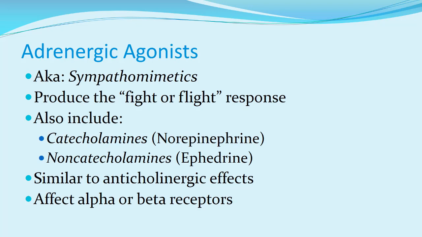This class of medications would include catecholamines like norepinephrine, and non-catecholamines, like ephedrine. Norepinephrine and ephedrine tend to be the least selective of adrenergic agonists, and they activate both alpha and beta receptors. Move on to the next slide